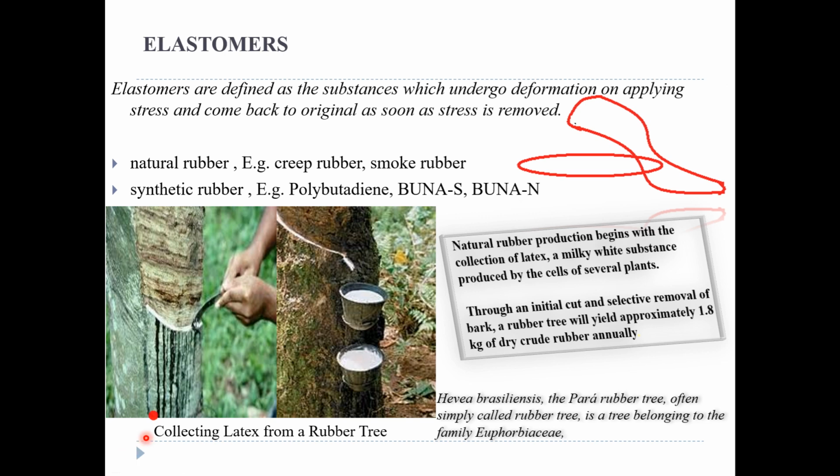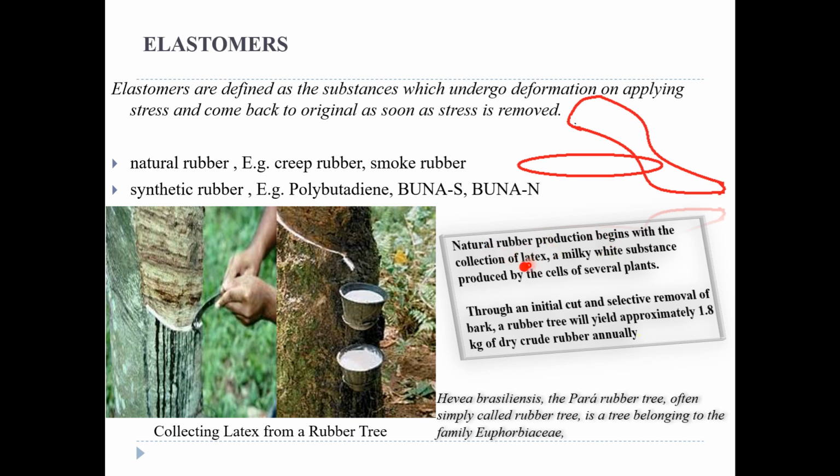There are two types of rubbers, natural and synthetic. Natural rubber is available from the trees, from the latex, right? Synthetic rubber we of course synthesize in the laboratory. So we are going to learn about all this. Okay, so this is the latex. You must have seen the white color sticky substance coming out of the tree. So this is collected. This is how the natives initially used to prepare rubber.